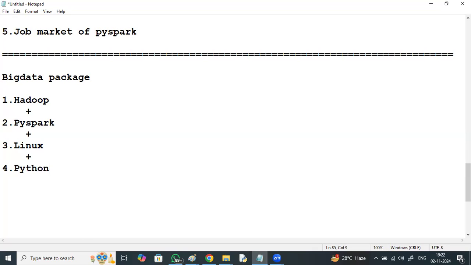Python sessions will be nearly 2 months. By the time we are updating with Python, Hadoop will be going parallelly.